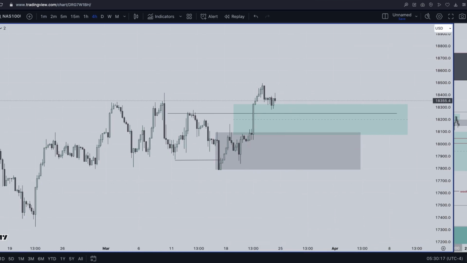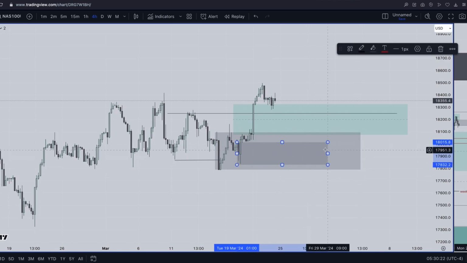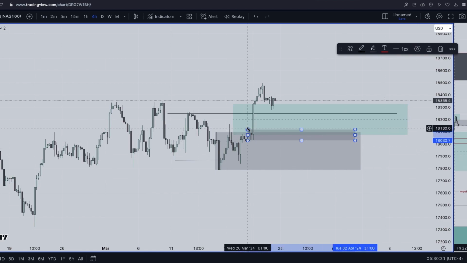Then here again, we also have this. But I like to mark out this last one. You understand? I like to mark out this last one, then mark this one to see if price will come respect this. If price doesn't respect this one here, all right? But this is the main order block, from what I studied. I'm not arguing with you. Yours could be the right one, you understand? But this is what I study and this is what works for me. Yours can work for you too. I don't know how you identify your own order block.